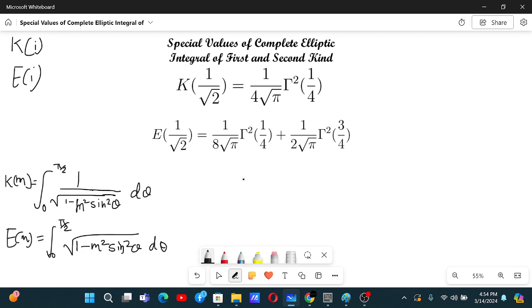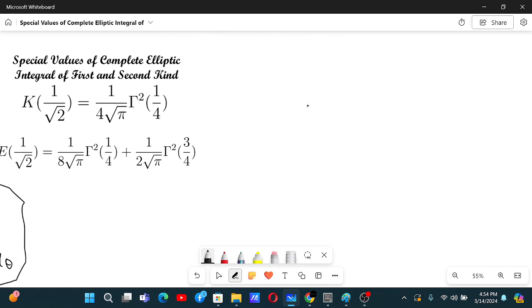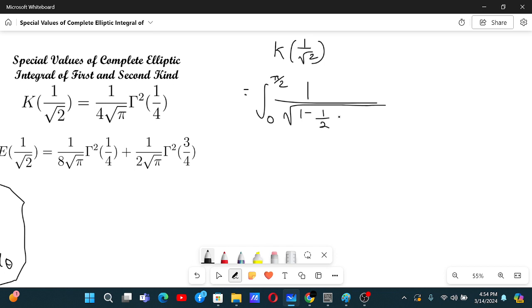Okay, fine. Now we will just go with the definition and try to find the values. It's not that hard. So let's try to find K of 1 by root 2. We know that this is the integral from 0 to pi by 2 of 1 by square root of 1 minus its square, which is 1 by 2, and then sine square theta